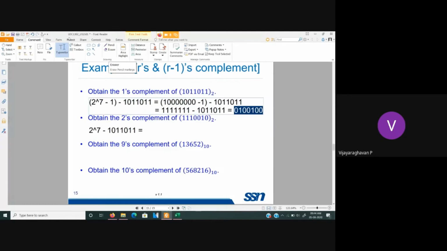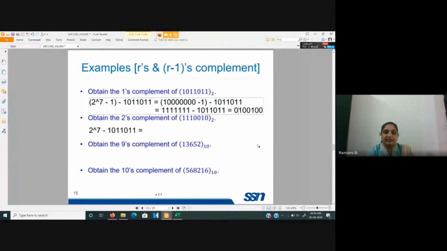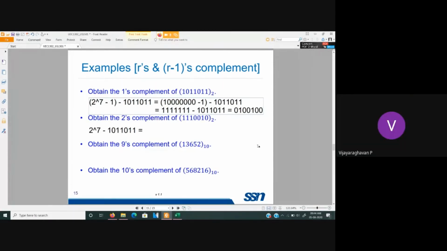Ma'am, and 128, why do we write 1 followed by 7 zeros, ma'am? Because 128 is the decimal equivalent. You want the corresponding equivalent in binary. You cannot have one form of the number in one system and another in another system, right? That gives a misinterpretation in all means. So for one's complement and two's complement, you should have everything in the corresponding binary only.